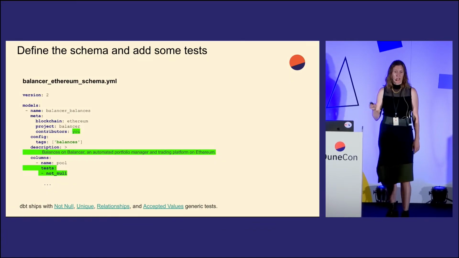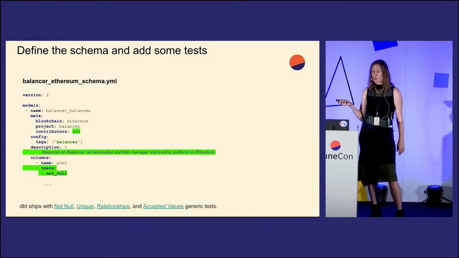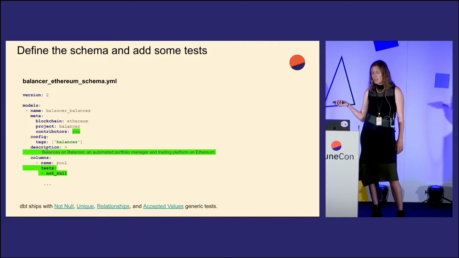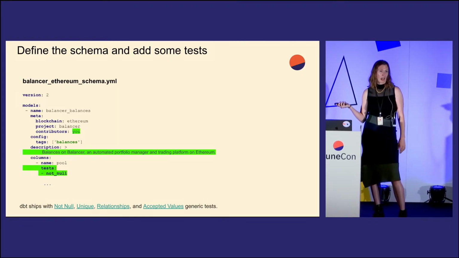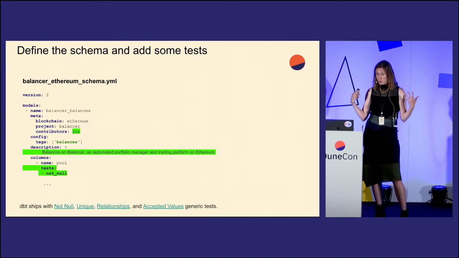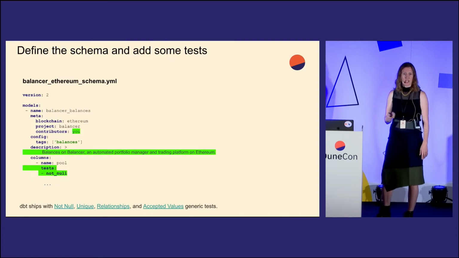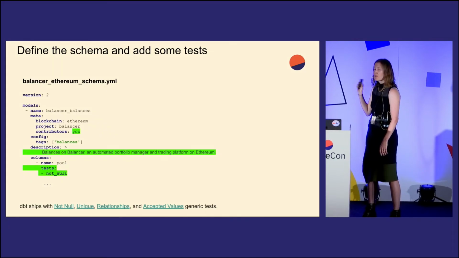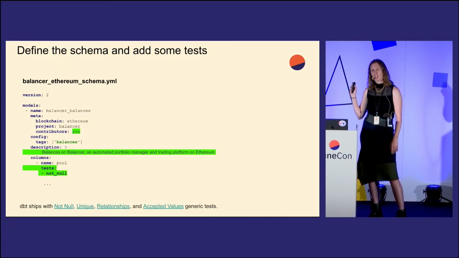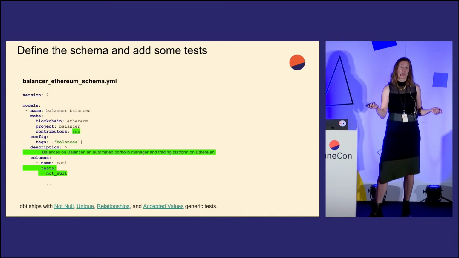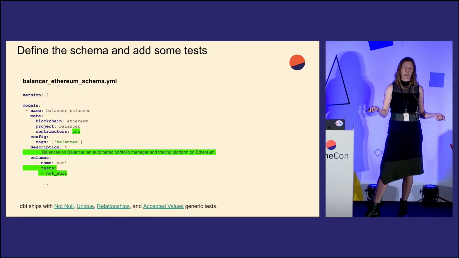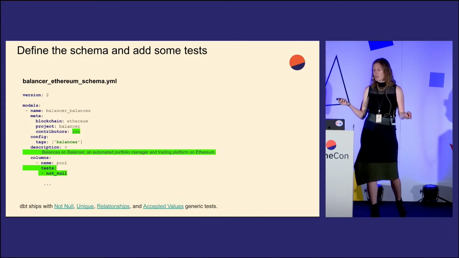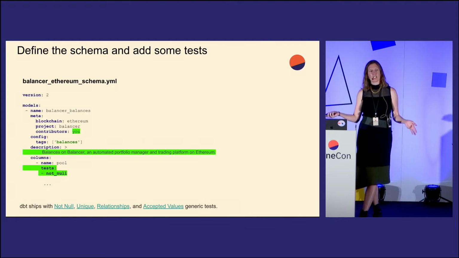And then we just define what we did. So we add our table to our schema file, we write our nice description, we give ourselves a pat on the back by adding ourselves to the contributors section, and then we can also add tests with a single line of code by just adding in tests and the name of the test we're going to run. DBT ships with a bunch of generic tests like checking for null values, checking for uniqueness, key relationships between tables, and accepted values. We're writing new generic tests, which Jeff has contributed to, that are very specific to our domain. So it's going to be very simple to really improve and guarantee the data quality of your work.